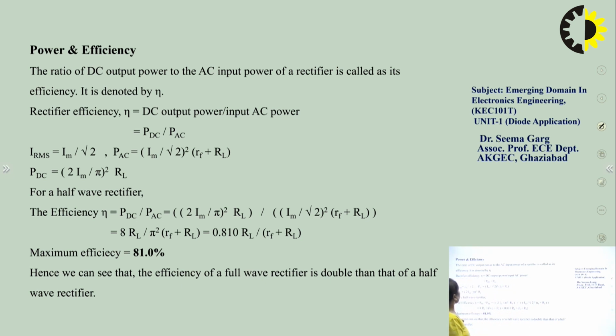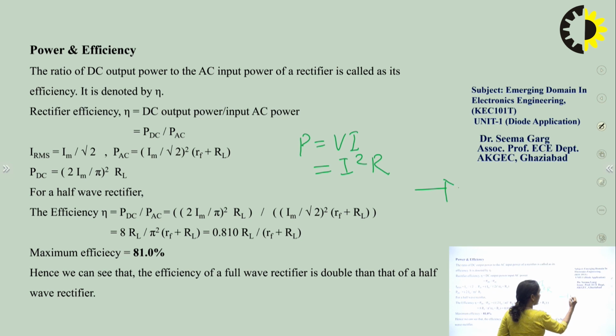Next is the power and efficiency. So what is power? Power is nothing but V into I, or you can say it is I square R. So here we know that in the